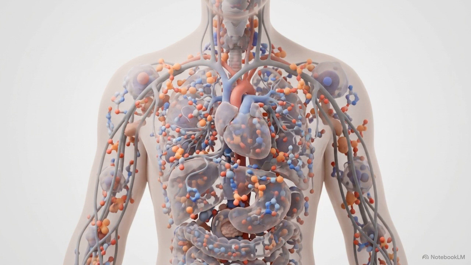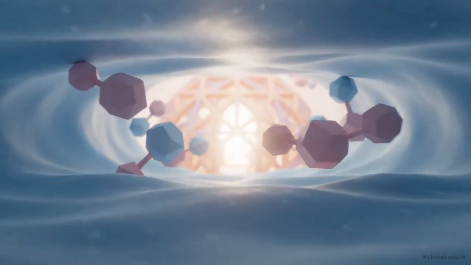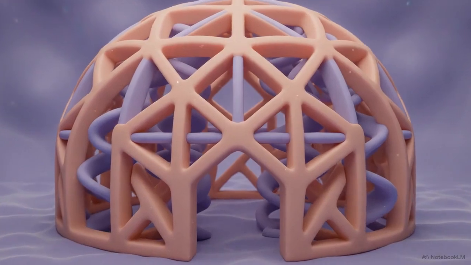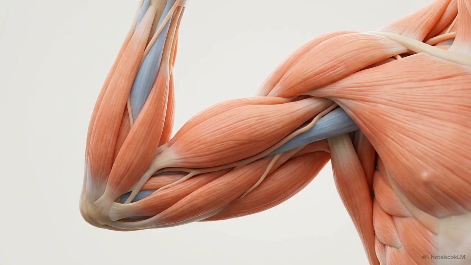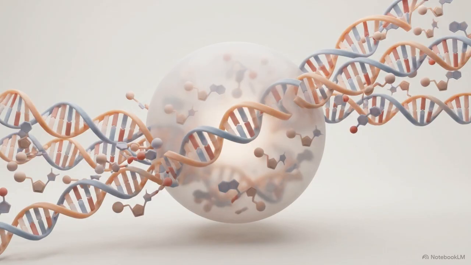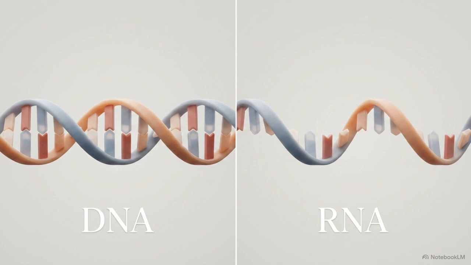From the macrostructures of tissue and bone down to the microscopic architecture of individual cells, human biology operates with immense complexity. Yet, if we travel deep within the cellular nucleus, that complexity gives way to a highly organized vault. Every anatomical function, every physical trait, and nearly every human disease is directed by a surprisingly simple molecular code stored in this space. The master architects of this system are nucleic acids, specifically deoxyribonucleic acid, or DNA, and ribonucleic acid,